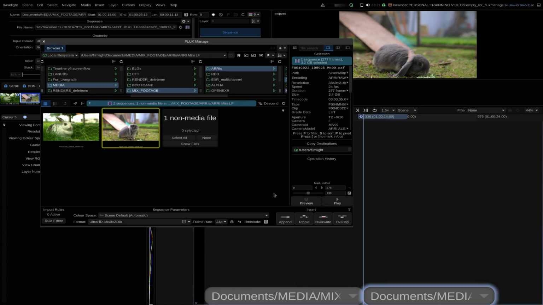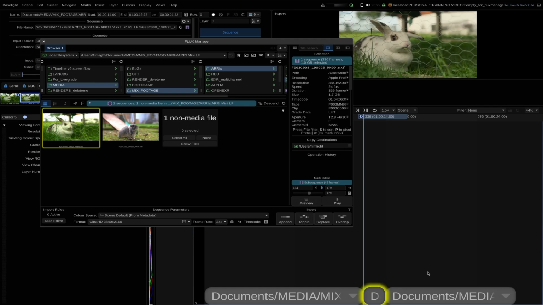Now, in Flux Manage, if we mark in and mark out some frames and we select Ripple, or click on the Ripple button, the media will be added between the two shots. Basically, what happens is that the Ripple mode will add the new media, but it will create a cut at the cursor point and ripple the existing media to the right of the cursor so nothing is overwritten in the